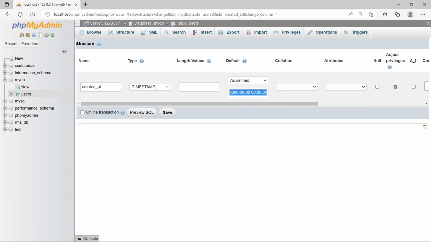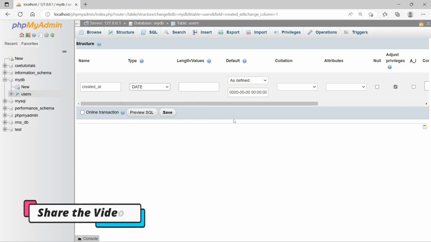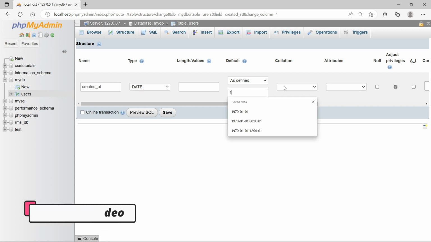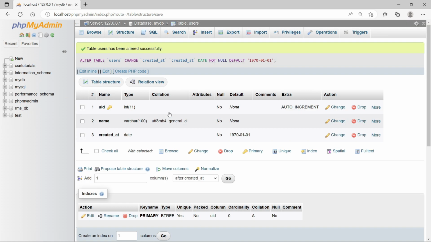If I make it date, you can choose date, time, etc. Let's say I provide 1970-01-01. If I provide this value, it will not show any error. If I try to save it, you can see it runs successfully.